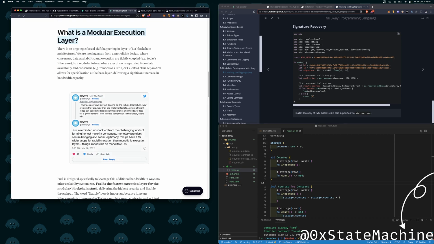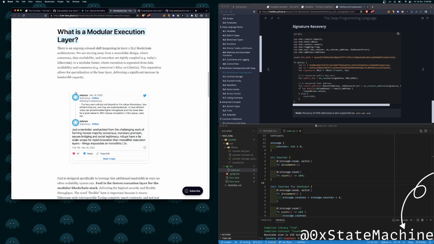What is a modular execution layer? Yeah, this is an interesting one. There is an ongoing colossal shift happening in L1 blockchain architecture. We are moving away from the monolithic design where consensus, data availability, and execution are tightly coupled, to a modular future where execution is separate from data availability and consensus.